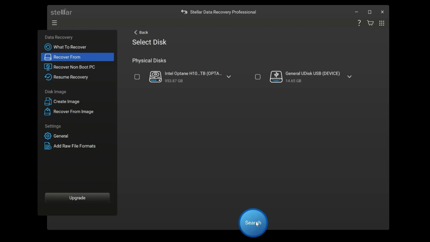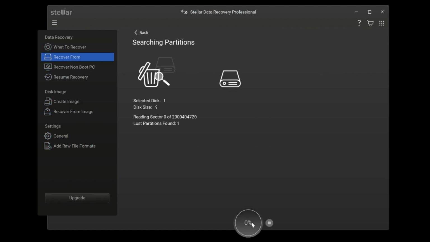A new window will appear asking you to select the disk where the partition was lost. Choose the correct physical hard drive. This is important, especially if you have multiple drives connected. Once you select that hard drive, click Search so Stellar performs a partition search and lists any partitions that are